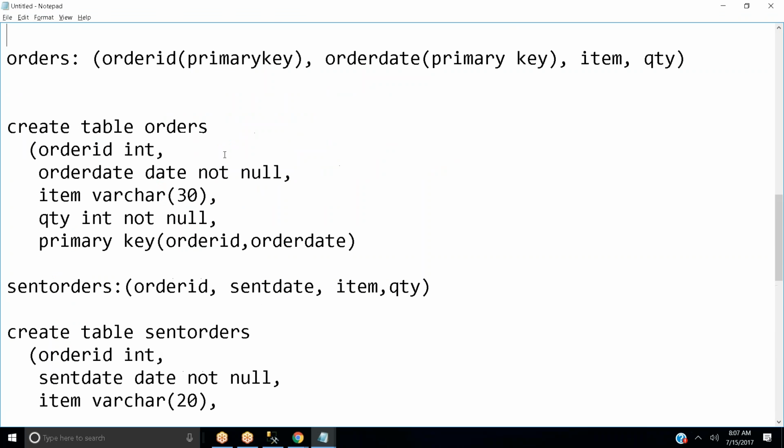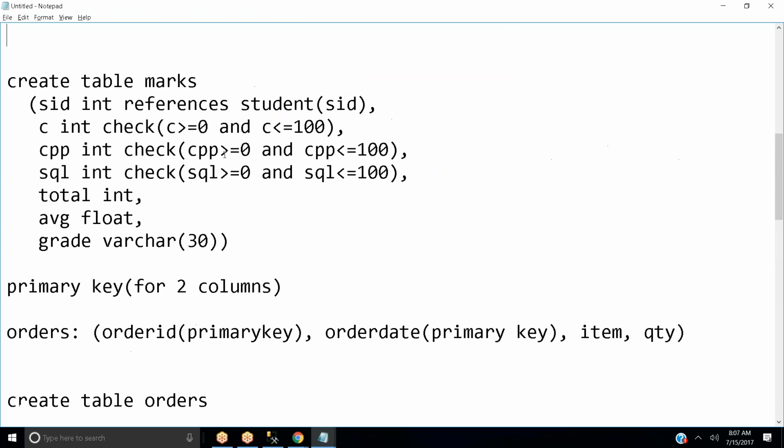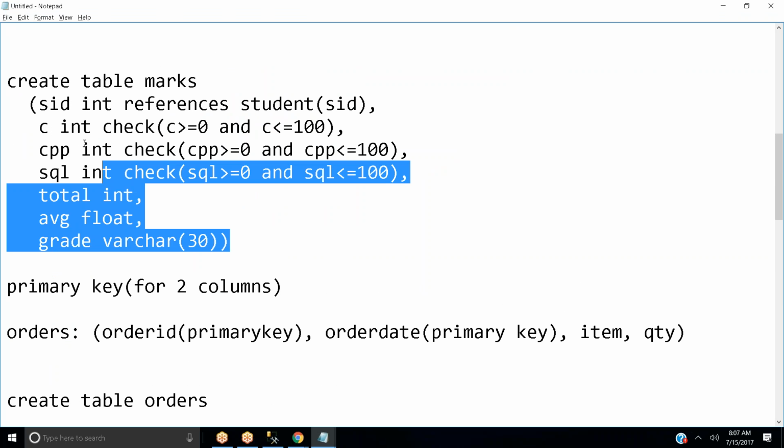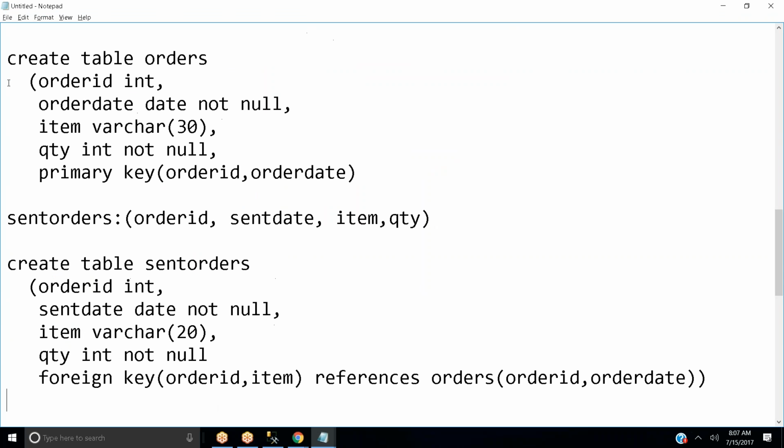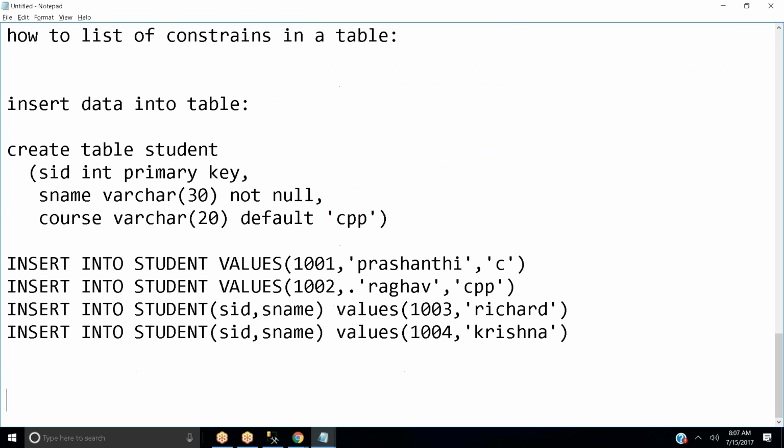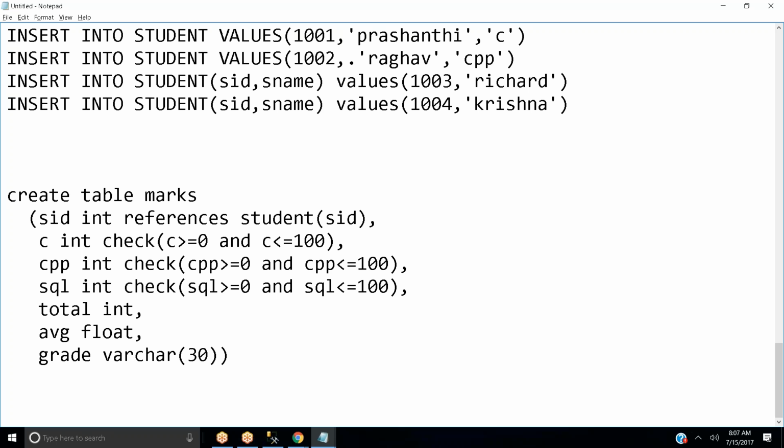Now, in a similar way, I just want to insert some values into my marks table as well. So this is your table, correct? You have already created this particular marks table. Yes. Now, into this particular table, I want to insert some values. So can you give me the syntax for this? Insert into marks values. Good.